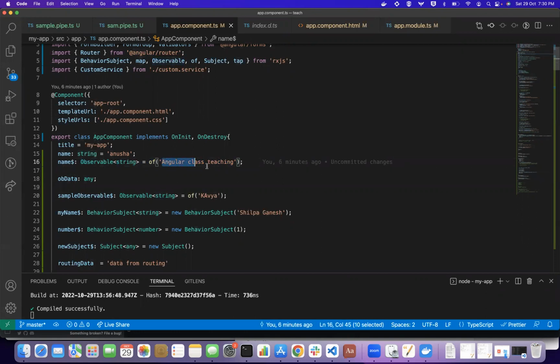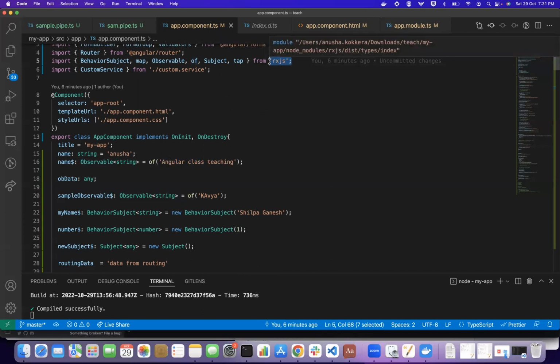Okay. What is it storing? Angular class. And what operator is used for creating the observable? The of operator. This is from